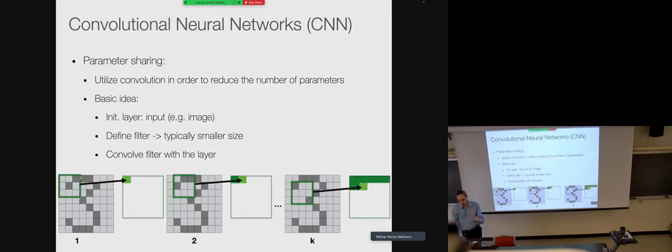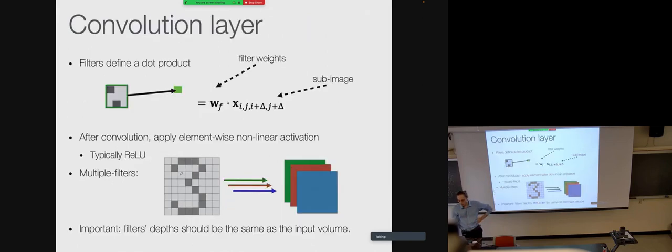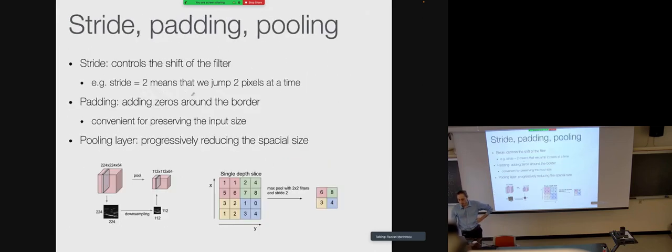So here, instead of translating by 1 pixel in the next step, we can jump 2 pixels at a time or 3 at a time, if that makes sense. That's a stride of 2 or 3. That's what it means. So instead of going to here, we go straight to the next one. We jump 2 at a time, so it will be here, for example. So we jump 2 pixels to the right.